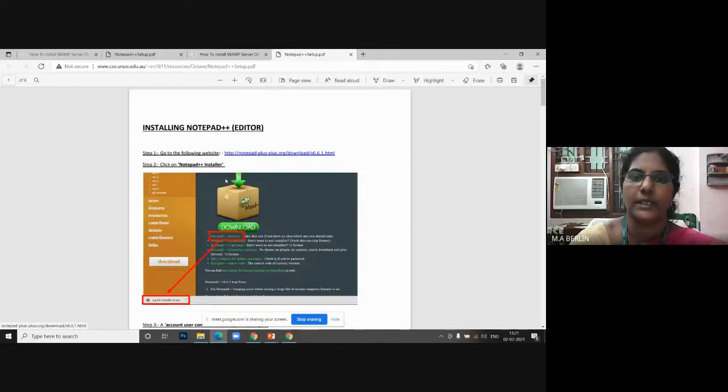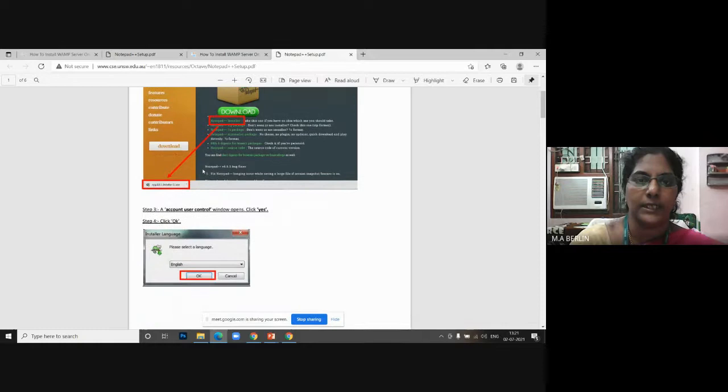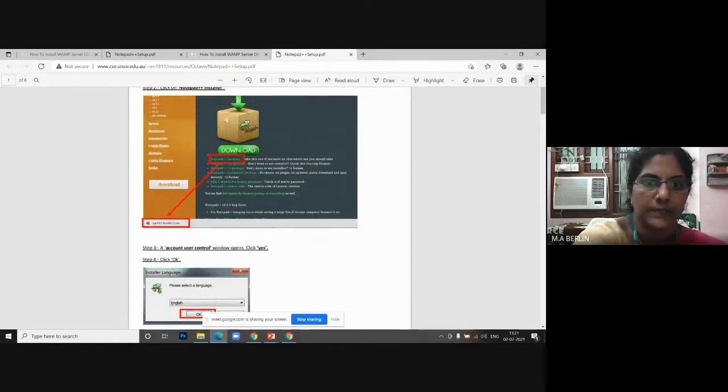Once you click that link, it will navigate to this window. And here you can see one option as Notepad. As I told earlier, which text editor we are using, Notepad++. You can find the Notepad++ installer, and if you click it, it will open one executable file. Just double click, it will start your installation.